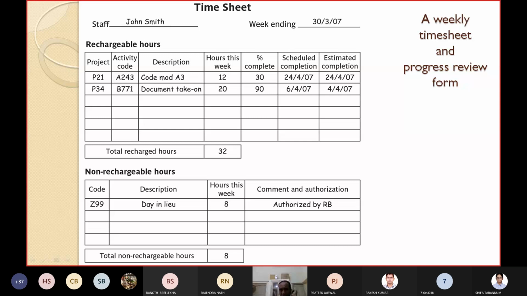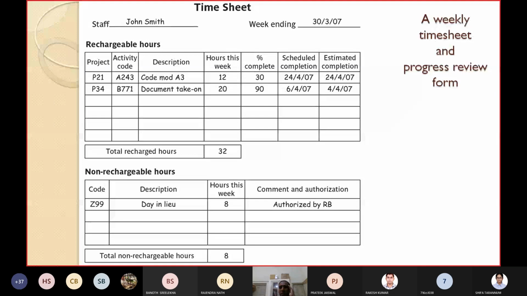This work is done for the day in lieu of some previous day, and there is a comment on authorization. You cannot just say that I will take all the classes on Sundays and not take regular classes. That has to take some authorization. So comment on authorization. In our department the HOD is authorized to give compensatory leaves. If some Sunday I have called a person to do some work, I can give a compensatory leave on some other day. The HOD can give it.